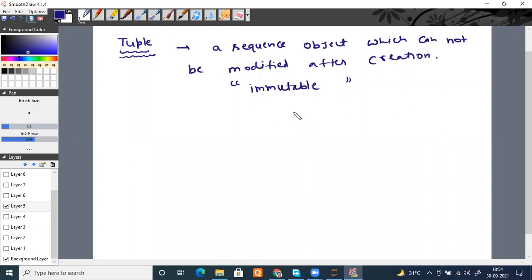Immutable means which cannot be changed. Remember, the easiest way to remember. Now you won't forget ever. Related with COVID, you will never forget. Nobody is going to forget COVID forever, right? It is going to stay at least in our brain for a long time.